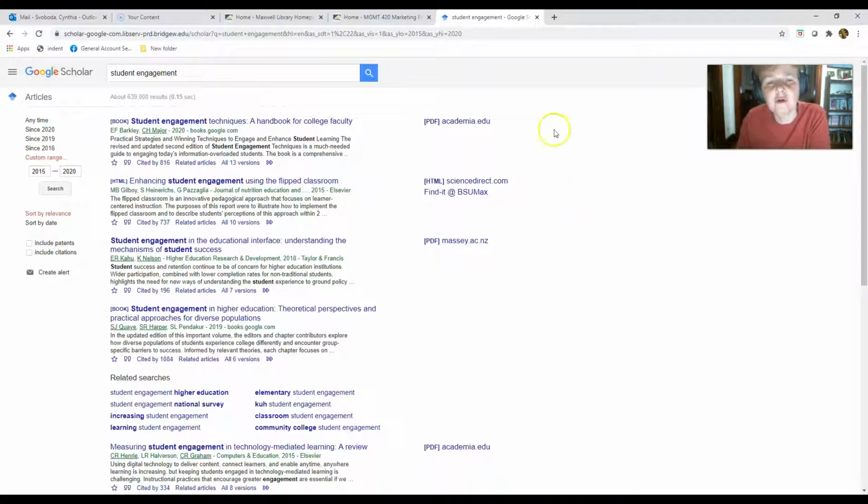So I'd recommend, as per your assignment, using the Maxwell Library databases that are listed on that page, or using Google Scholar through the library page because it links you back to any of the PDF and other resources that we have. Stay tuned for part